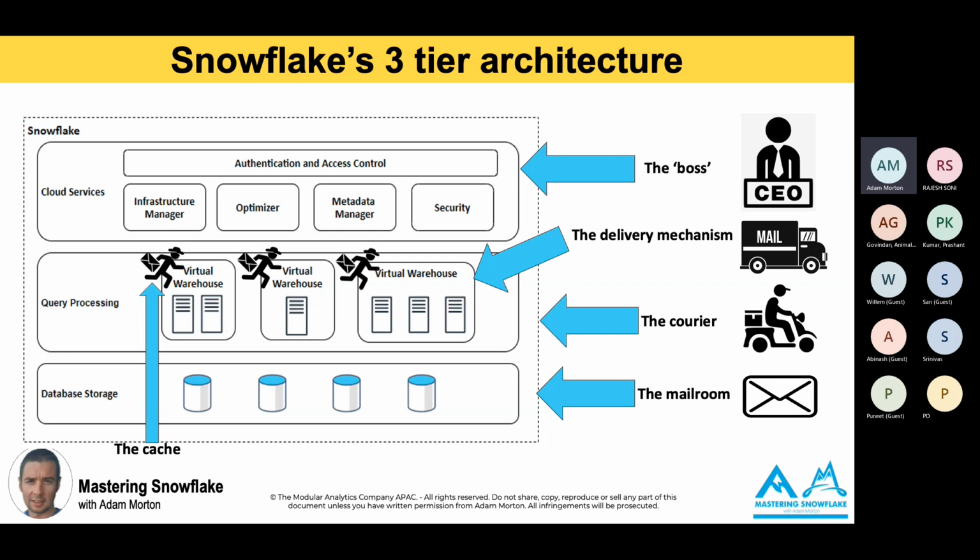Then at the end, we've got the cloud services layer. So you can think of this as the HQ headquarters or the big boss. It's the end-to-end tracking system, which provides oversight across all of the services beneath it. It also ensures that the post is secured for access when in transit. So this is encryption at rest, encryption in transit. And it keeps the lights on to ensure that the mail reaches its destination within the guaranteed timescale.